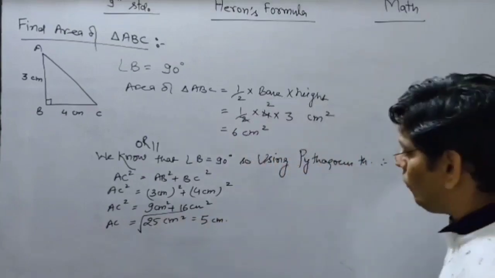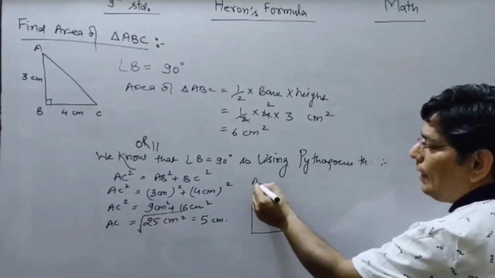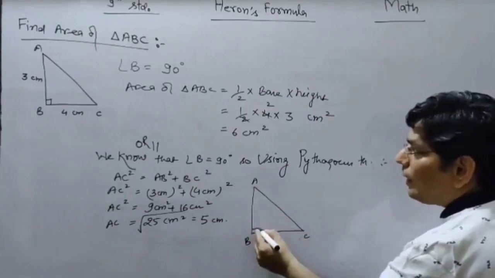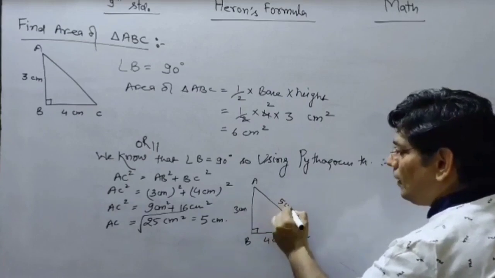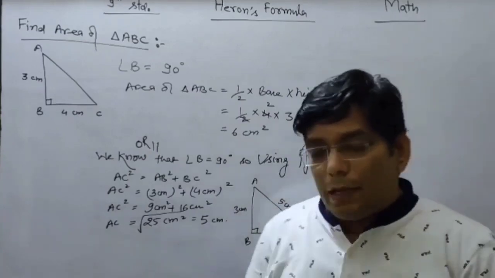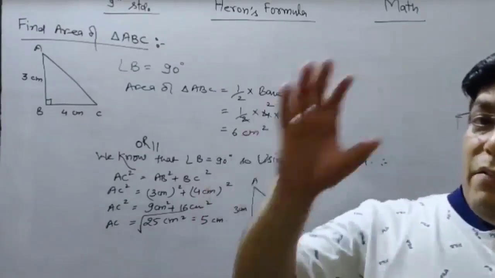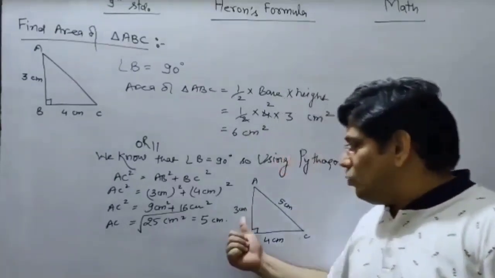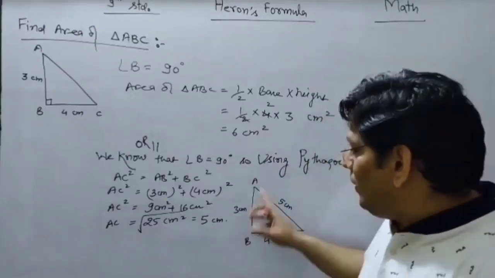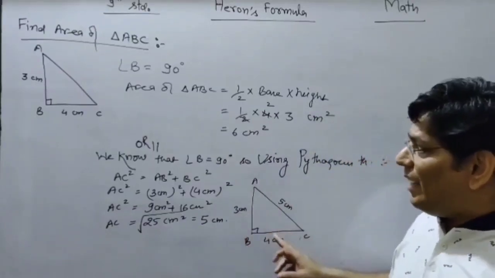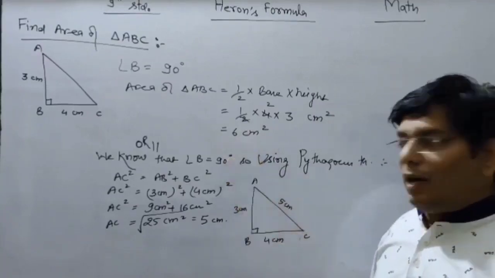So first of all, in this triangle, this is A, this is B, this is C, it is 4 centimeter, it is 3 centimeter, it is 5 centimeter. So now in this triangle we can see the 3 sides are given. I told you previously, whenever 3 sides of a triangle are given, in that situation we can use Heron's formula. Now for the same question I have to find the area by using Heron's formula, and in that situation we have to get the same answer. That can justify our method.